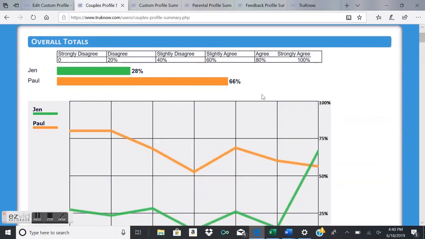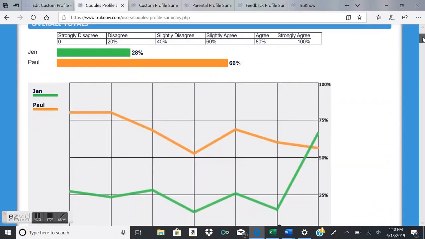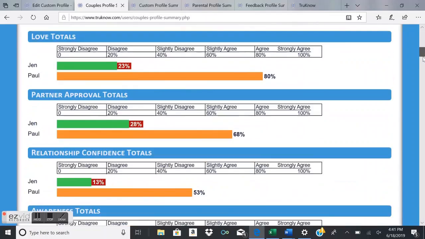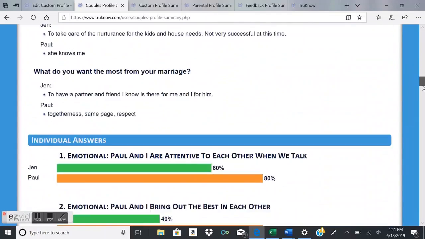Here's an example of a profile that's already been completed for a couple. You can see where you're together, where you're apart, what each person feels, needs, and expects from the relationship. You can see the overall totals, the categories that are being measured, the written portions, trait by trait, and then